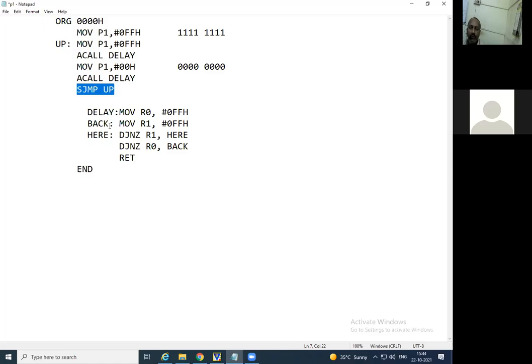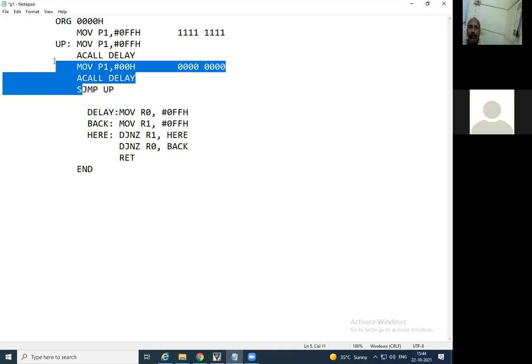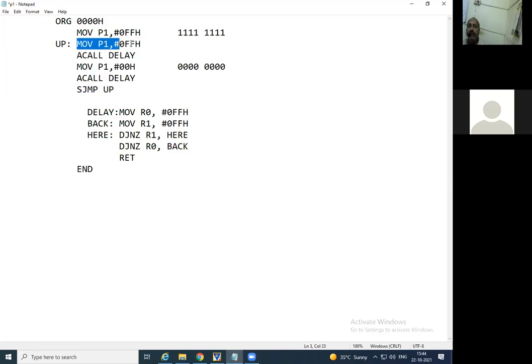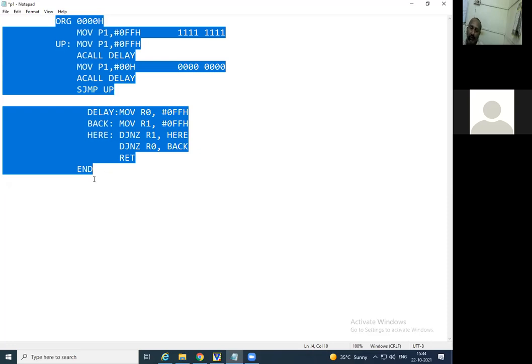Where to jump? To the up, which is the label over here. It goes back and starts here, means again it is loaded with 11111111, means again on, again off, again on, and again off. So this is the code written for this LED on off.